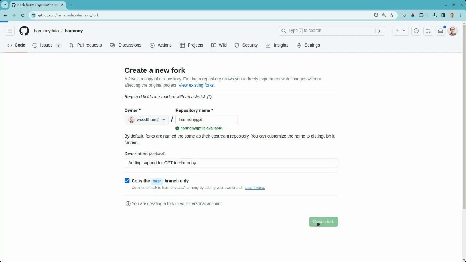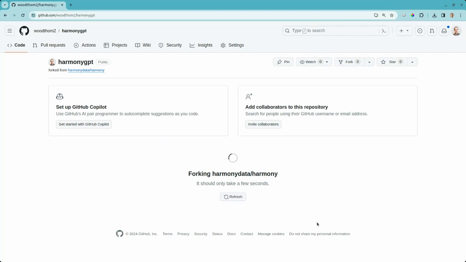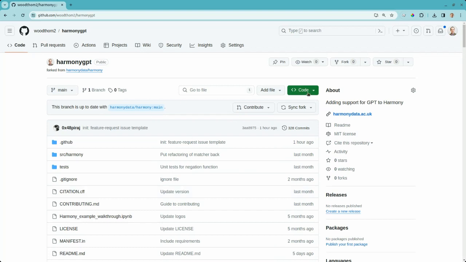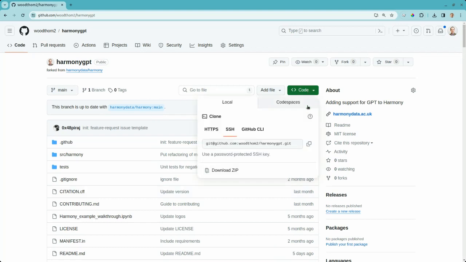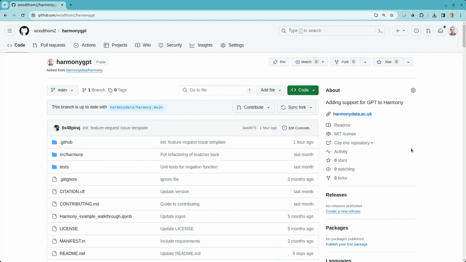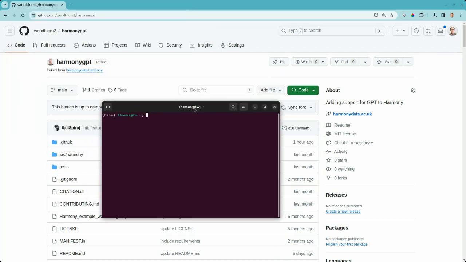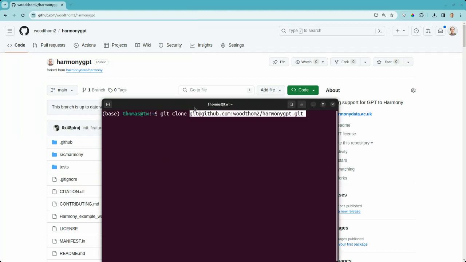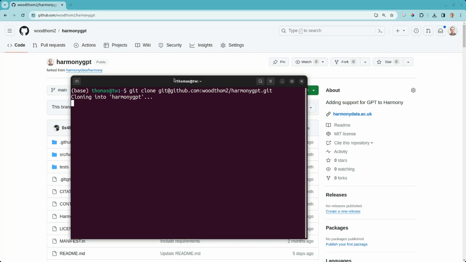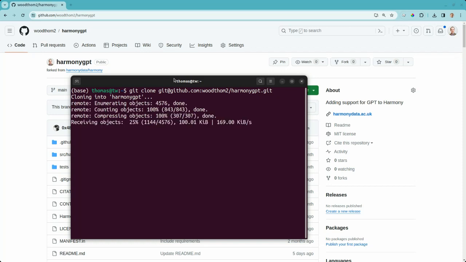Hypothetically, I create my fork, and now this fork is under my personal GitHub account. I can then go to code, copy the URL to the clipboard, create a new terminal or console window, and type git clone, and I paste the URL. Press enter,